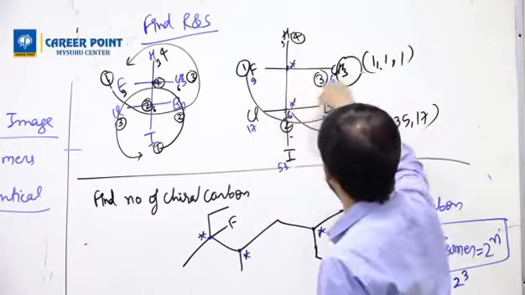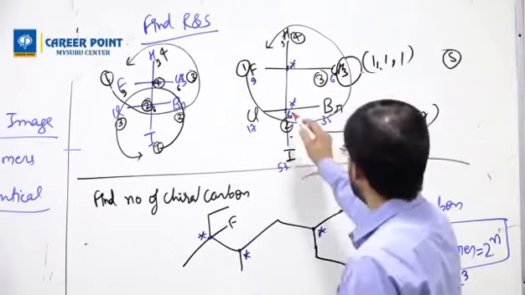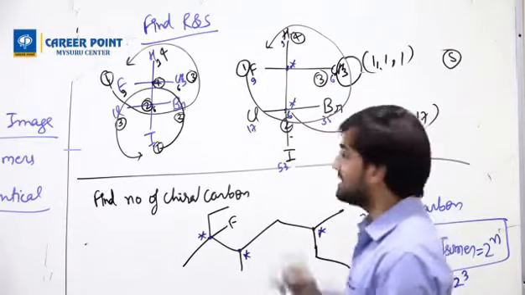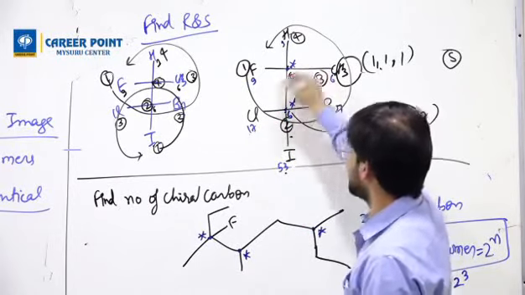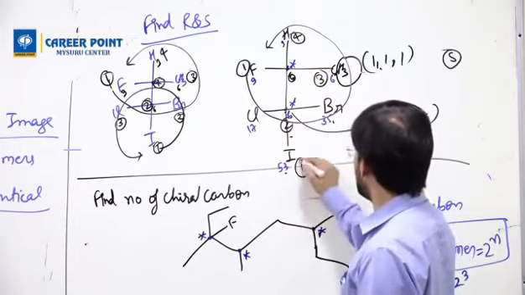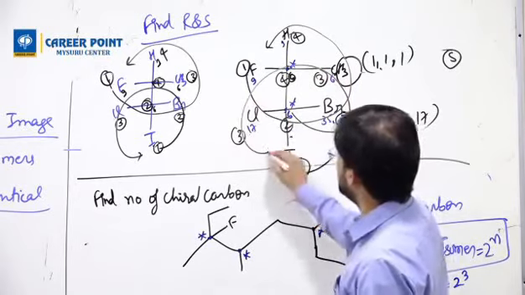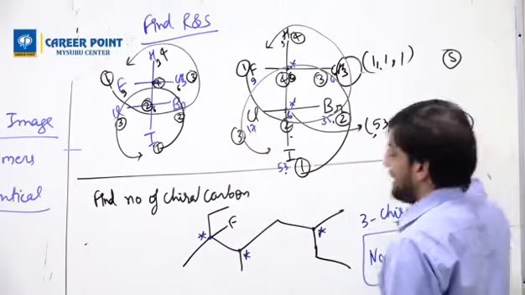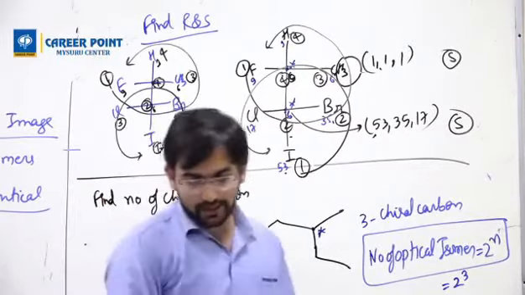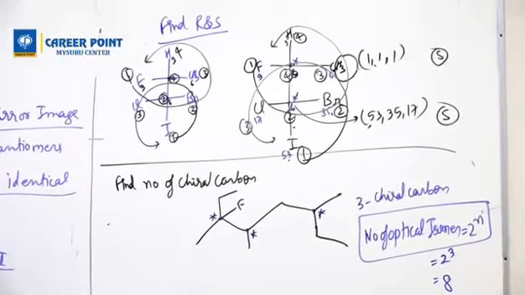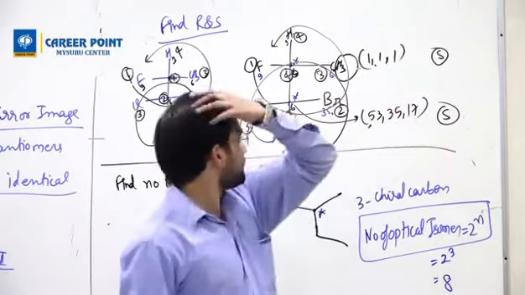Then I go 1, 2, 3, 4, and it is S. Understand? Then I come here. In this case it is very easy. This is a carbon with 4 groups: 17, 53, 35, 6. Which is the maximum priority? 53, then 1, 2, 3, 4. This is also S. Understand now? Any doubts, beta? Any doubt till now? Have you understood the concept?